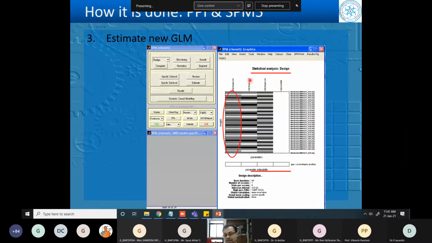So it is like this: let's say I take one seed voxel in the brain and I want to see the correlation of this seed voxel with the rest of the brain. Next, I will take another voxel in the brain and find the correlation with the rest of the voxels in the brain. Like that, the number of analyses I have to do is huge, because we are talking about three-dimensional brain images at a very fine resolution, right? The resolution can be as good as 2 millimeter by 2 millimeter by 2 millimeter, right?